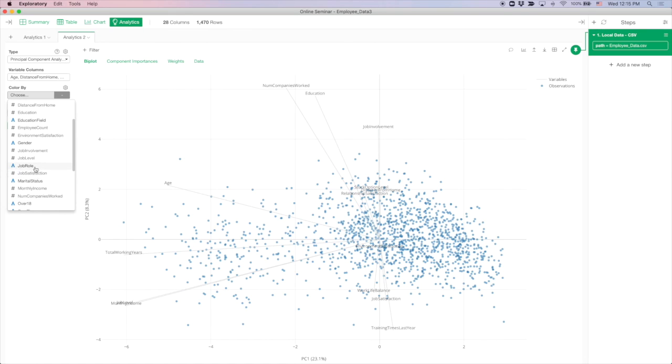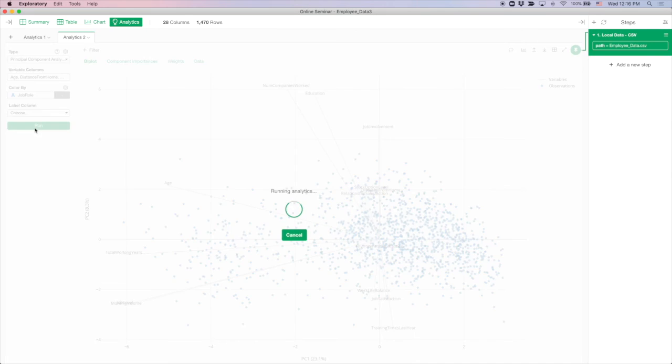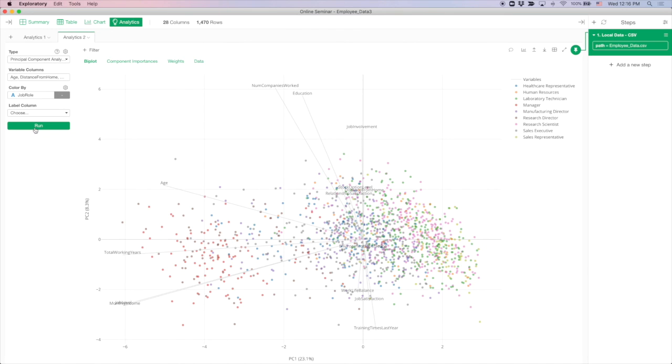And then last, I want to use the color information here and bring in the job role, what type of job role each employee has. If I click on the Run button, now we have 1, 2, 3, 4, 5, 6, 9 job types or job roles. And you see here, it's a little hard to see, but when you pay close attention to it,